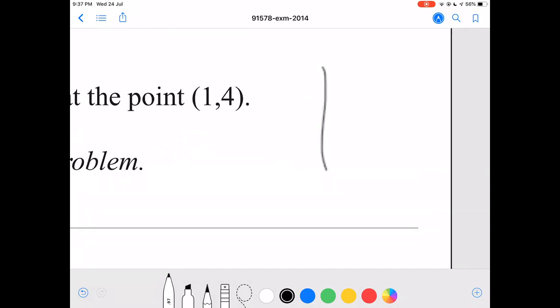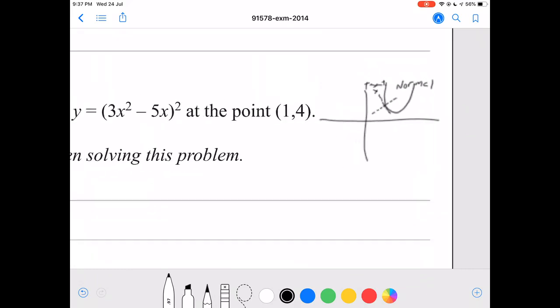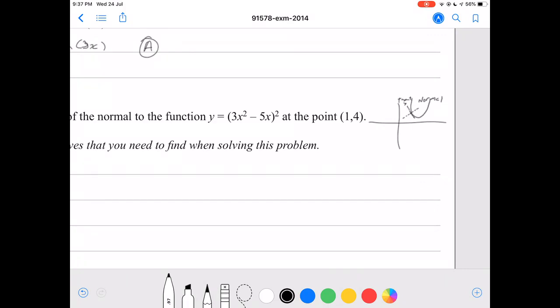If I have, for example, a parabola here, I'm going to draw my tangent line. Let's just say I draw it here. My normal line will cut the tangent line perpendicular. So if the first line I draw here is our tangent, then our normal line will simply cut perpendicular to our tangent line. So that will be our normal. If we get the gradient at a tangent, all we have to do to find the normal is